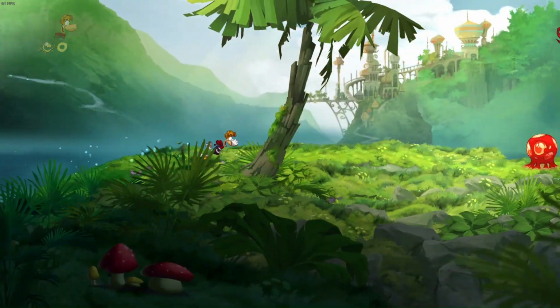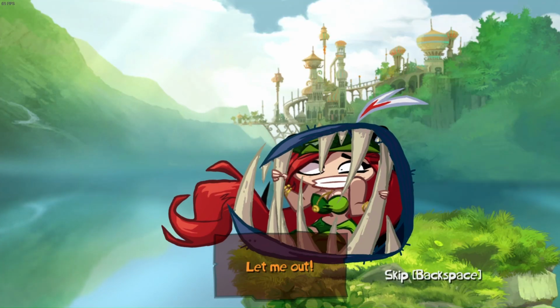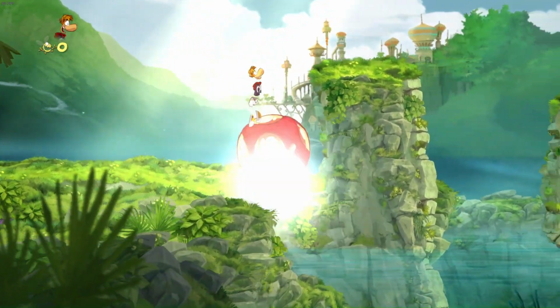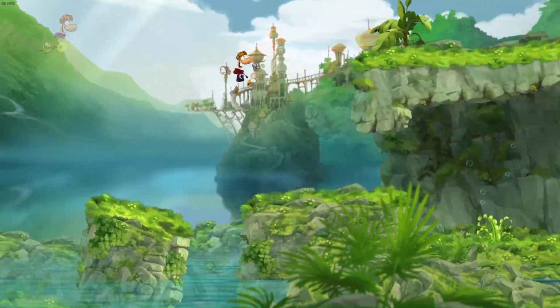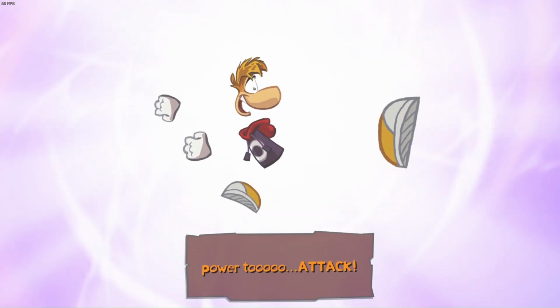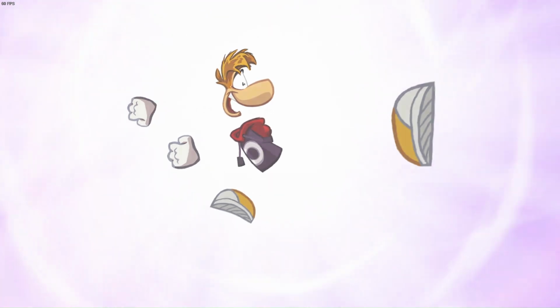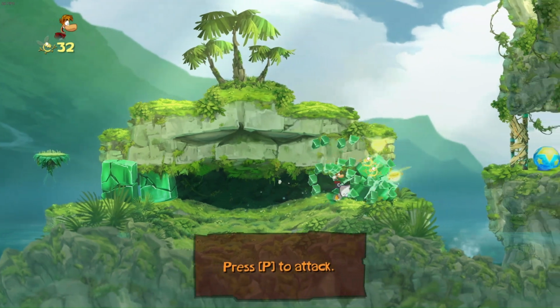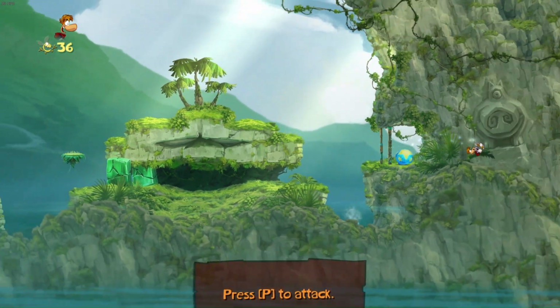Rayman then starts to travel through the jungle, in which he will meet the first nymph, who is captured by a Dogtoon. Saving a nymph in the game causes Rayman to gain a new ability. The first one given to you is the ability to attack, and others come along the way such as gliding and swimming. As Rayman is now able to attack, he is able to punch through and complete the remaining section